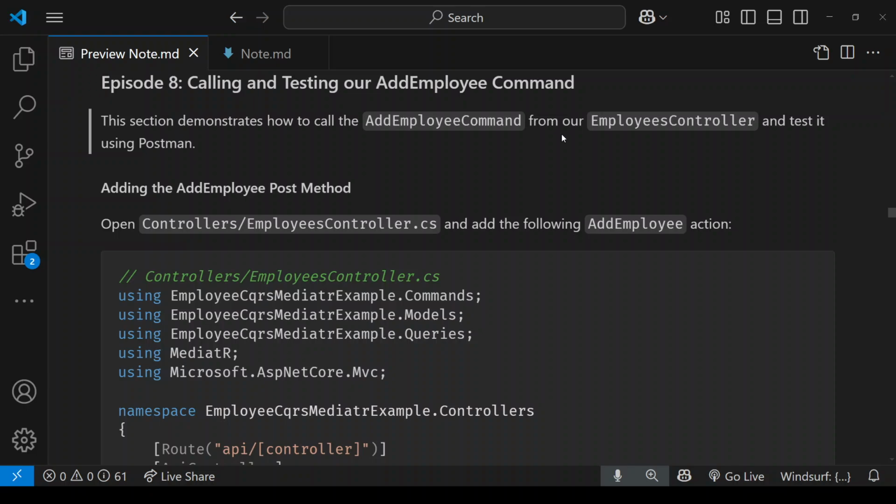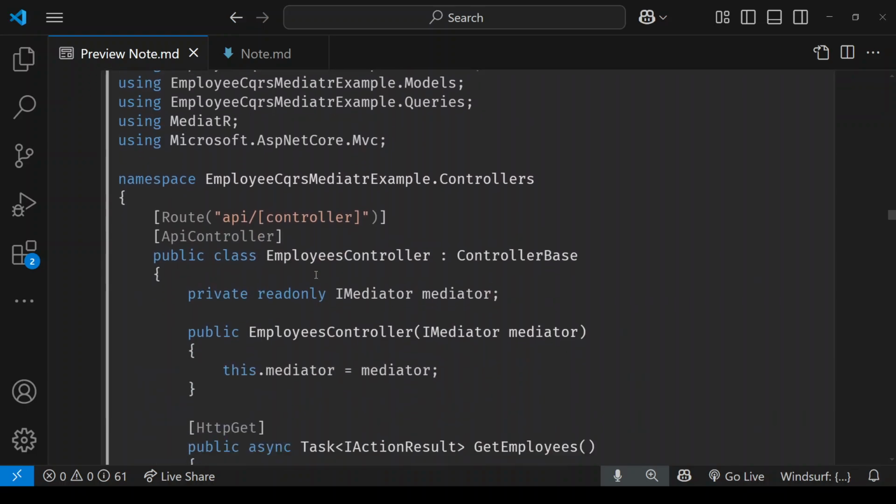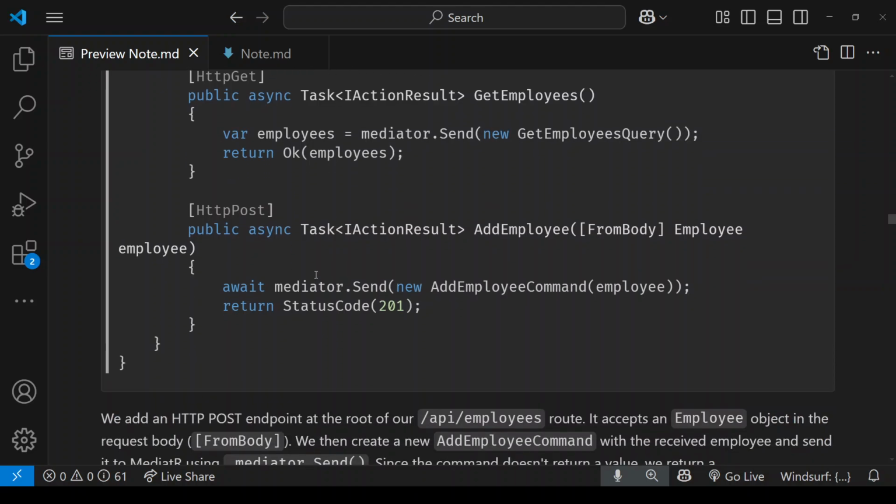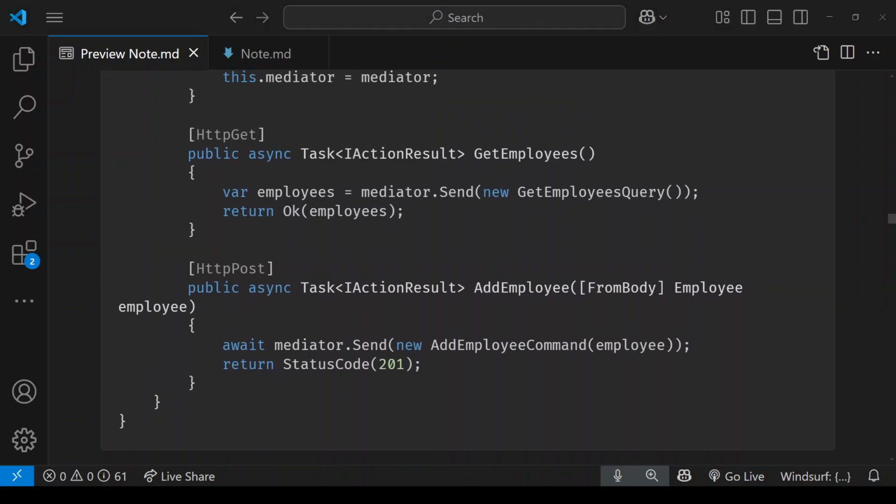So in this section, we're going to call the add employee command using the controller, and we're going to test it using Postman. So inside of our controller, if you remember from the previous episodes, we had this endpoint. Now we are going to create this endpoint. This endpoint, as you can see, is an HTTP post endpoint. And inside of the body, we are going to receive the employee that we want to add to our data